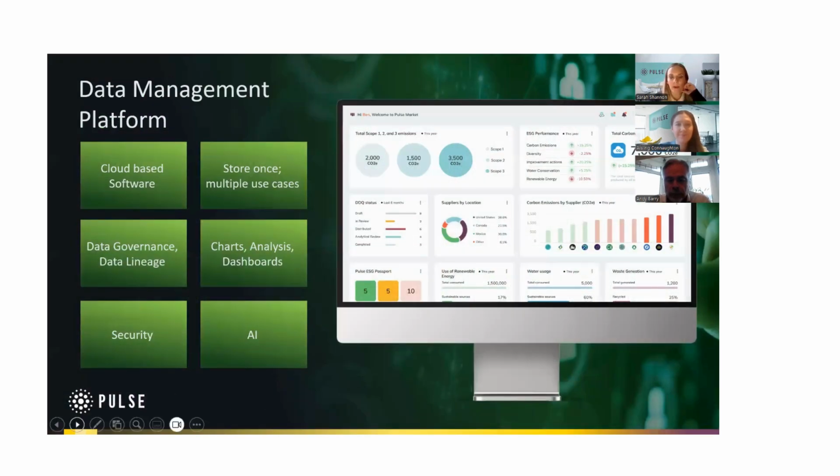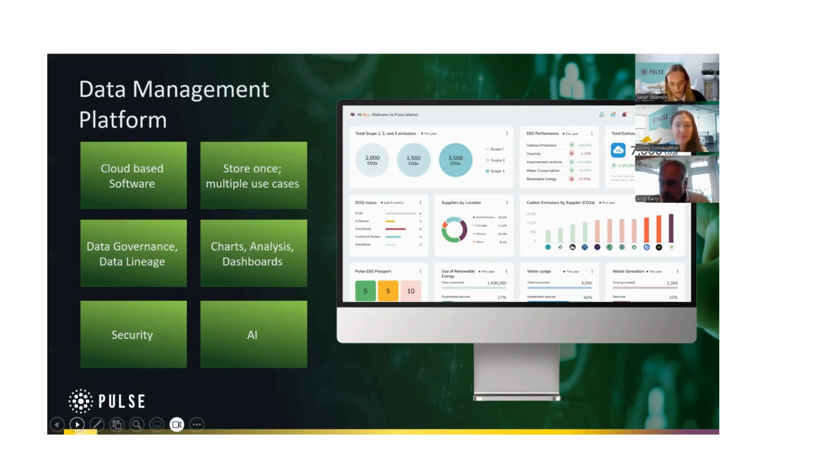So this is a little bit more about the platform itself. It's a secure and robust platform. And we ensure you've got data governance and data lineage, which is essential if you're wanting to be transparent in all your sustainability reporting regulations. And within the platform, we've got bespoke modules for CSRD and B Corp, where you can collect all the relevant data across your organization and across your value chain for your reporting capabilities.